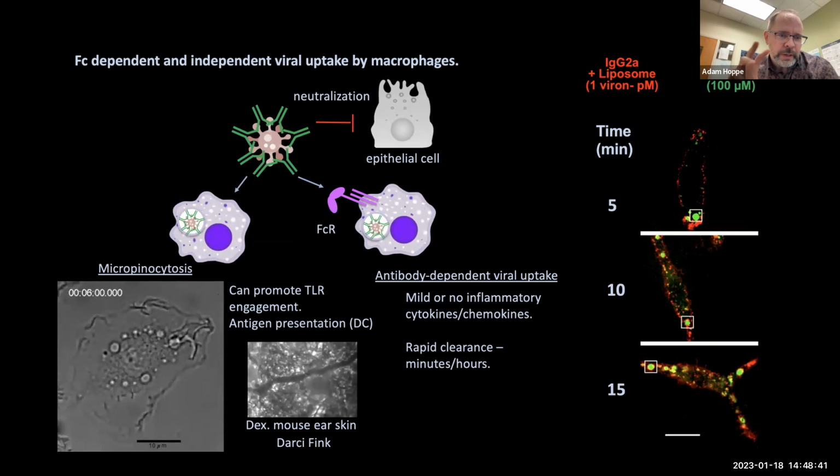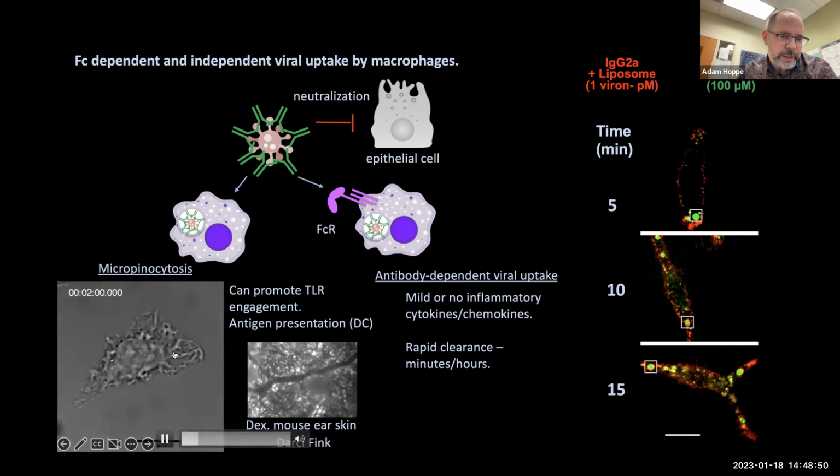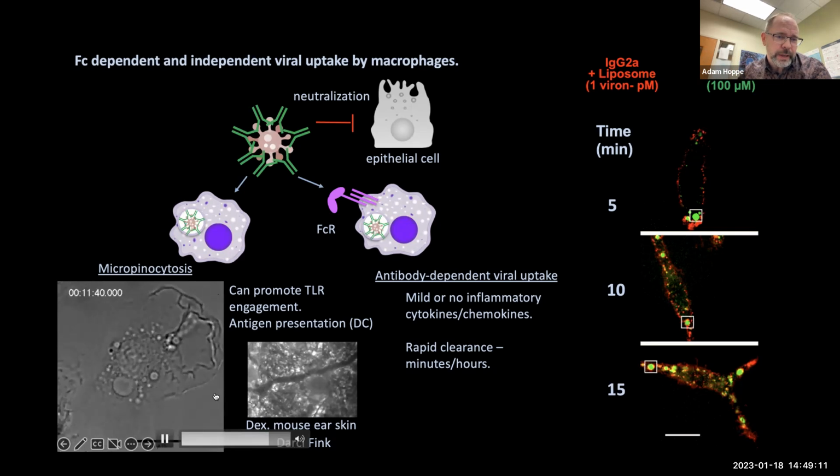That function, however, can operate in two modes. One, a non-specific mode, and I'm showing you a video here of macropinocytosis. This is a macrophage where you can see these fluid phase vacuoles appearing. This is a macrophage that is gulping fluid through the process of macropinocytosis and basically filtering its surrounding environment. Eventually, the material that's brought in into those macropinosomes will be degraded by fusion with the lysosome. This process is running constitutively in many parts of the body.